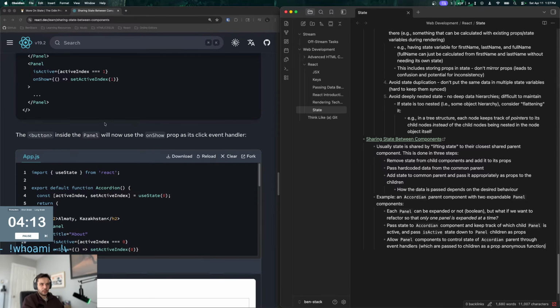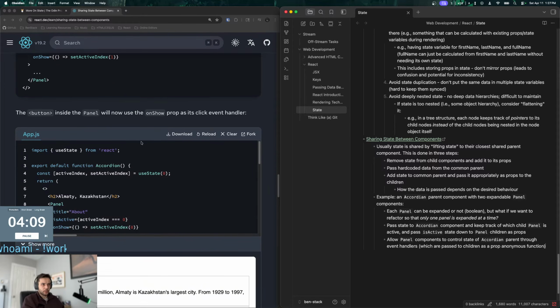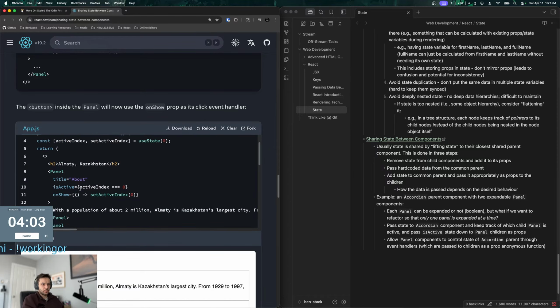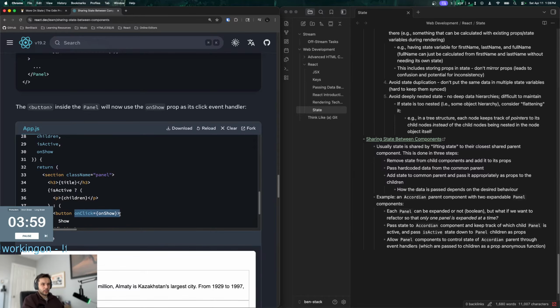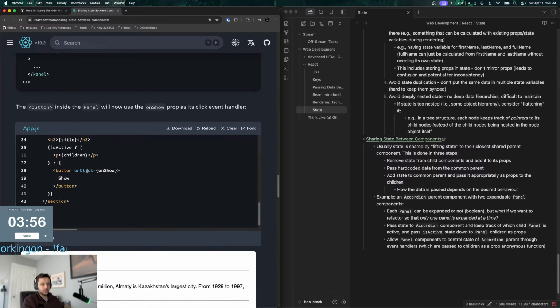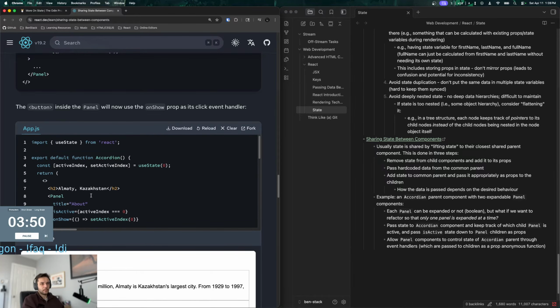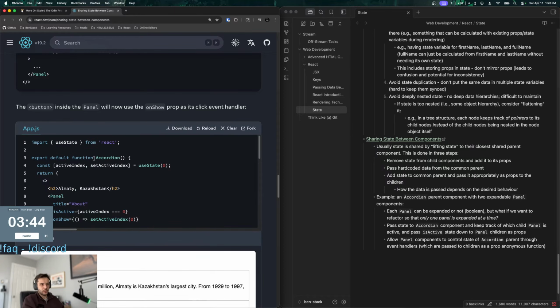But anyway, okay, let's see here. The button inside the panel will now use the onShow prop as its click event handler. So onShow is passed as an anonymous function in the panel, and if we go to the panel, we do onClick and then run the onShow function, and that onShow function modifies the state of the parent by calling setActiveIndex of the accordion.